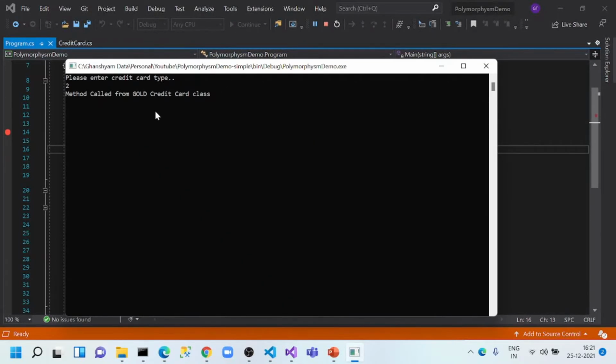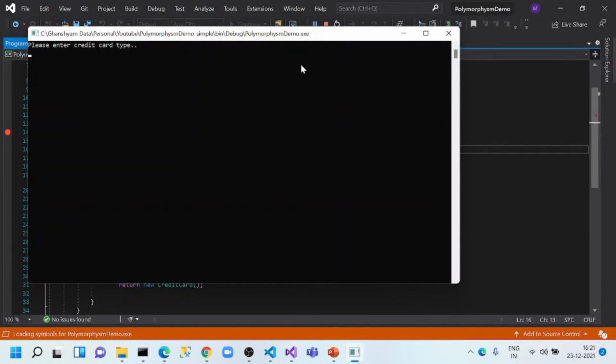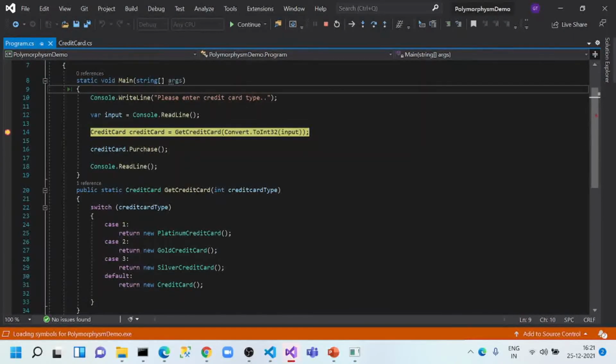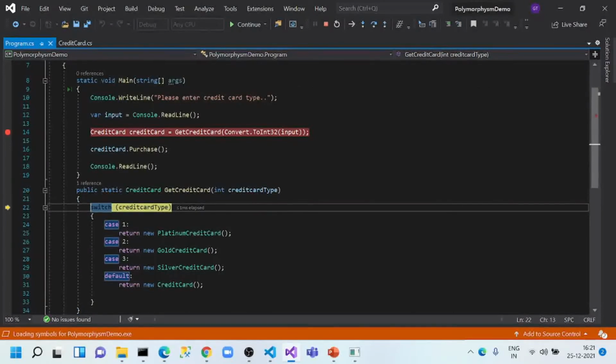So the output is "method called from gold credit card". Now let's run this program again and see the different options. Please enter. Now let's suppose we enter 3, and if we press F11, we will directly go to the silver credit card. Here you can see the input is 3.